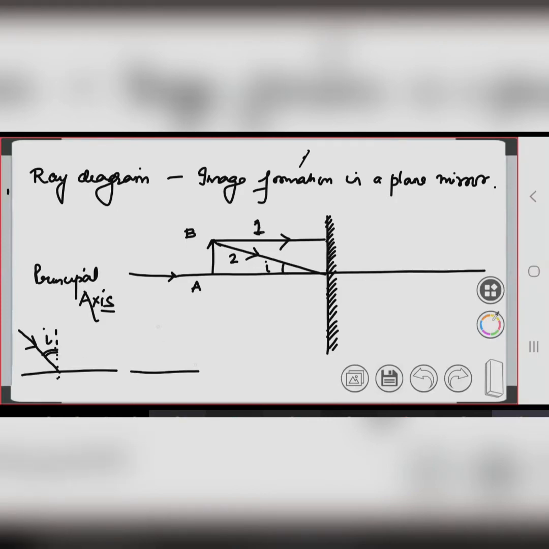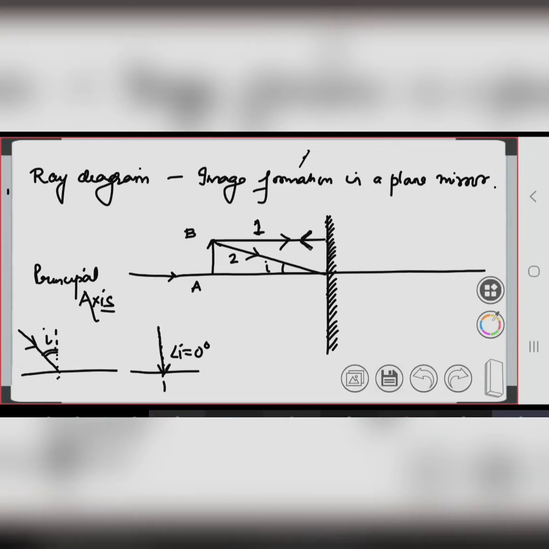Let us discuss this case. This is my normal and suppose the ray is coming along this direction only. So what does the angle of incidence become? In this case, the angle of incidence is 0 degree. So we know the laws of reflection: angle of incidence is always equal to angle of reflection. So where does my ray go? My reflected ray will go back along the same path. Yes, ma'am, because the angle of incidence would be 0 degree, so the angle of reflection would also be 0 degree.